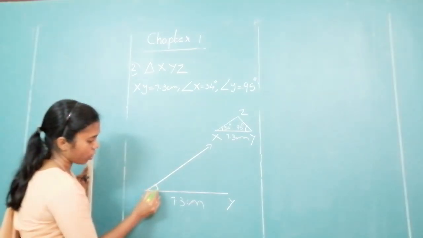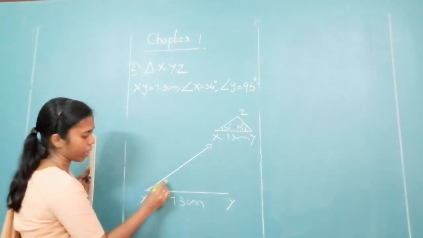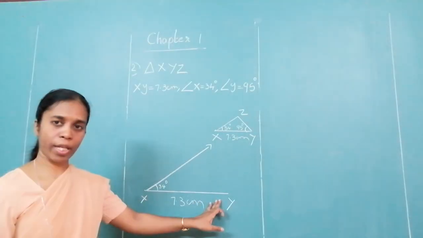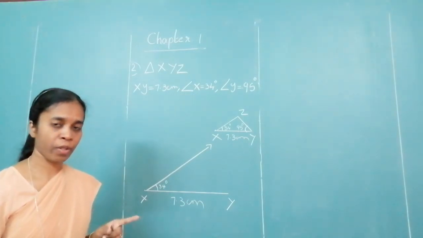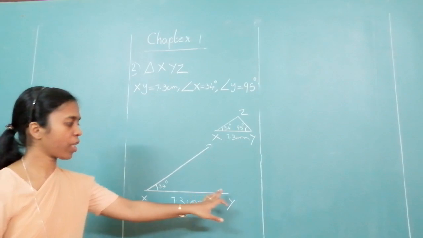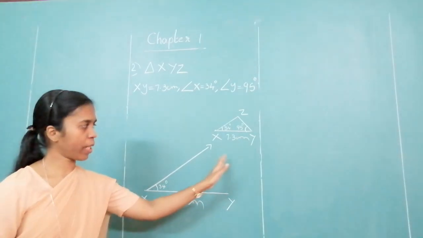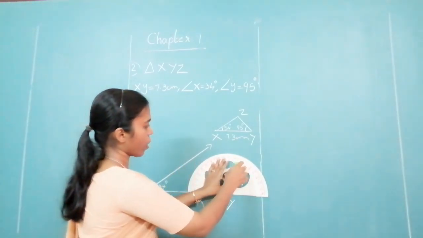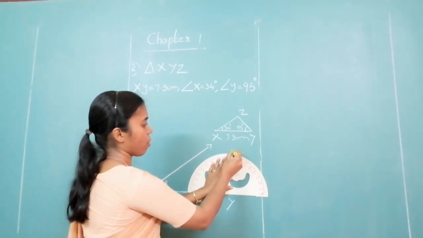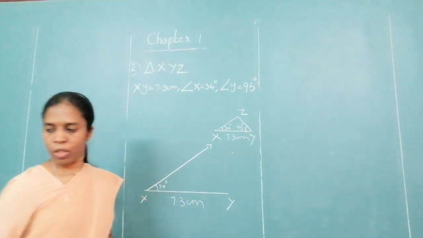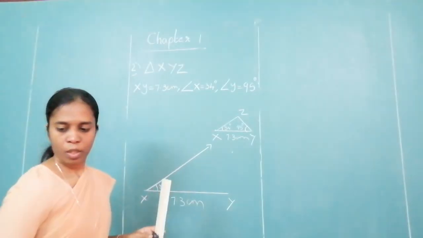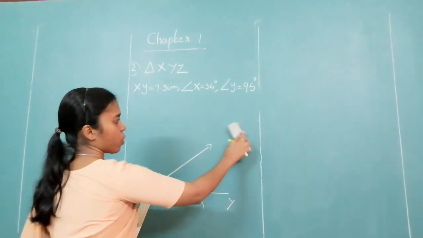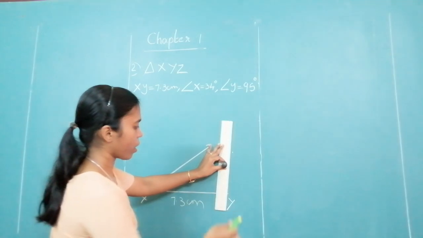Now, this is your 34 degree. Now what else is given to you? You are given angle Y. How much is it? 95. Now how will your 95 degree be? You are keeping it over here. From here the angle. 95 is a little bigger than 90 degree, so your 95 degree is over here. Okay, so draw that. It will come in between my rough diagram, so I am erasing the rough diagram. We should have a rough diagram. So 95 degree is here.